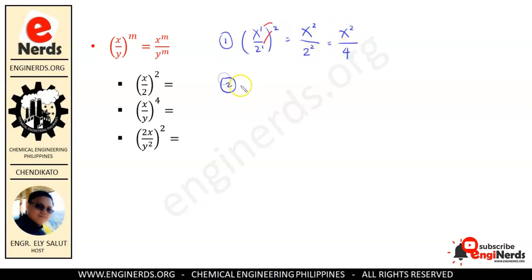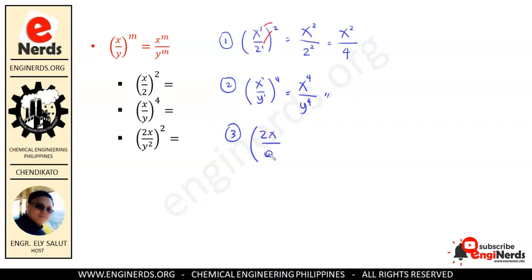The next problem will have x over y, to the 4th. So, it has an exponent of 1 and 1. So, we'll have here x, 1 times 4 is equal to 4. y, 1 times 4 is equal to 4. So, that's our answer. Third example natin,